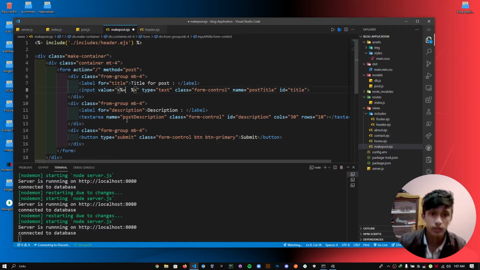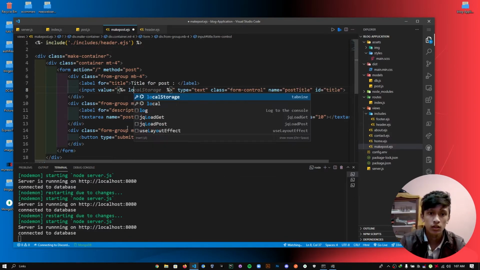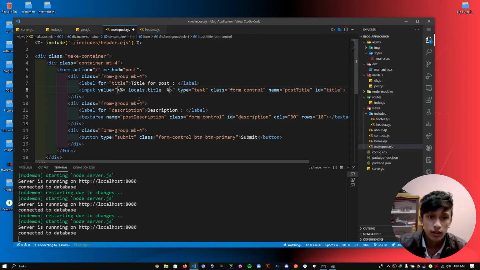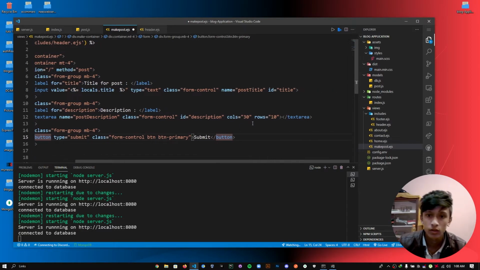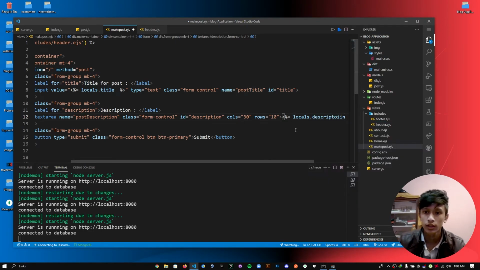You can do this, and then locals.title. Here if we have a value, we're going to say there, but if we don't have a description, if we don't have that,